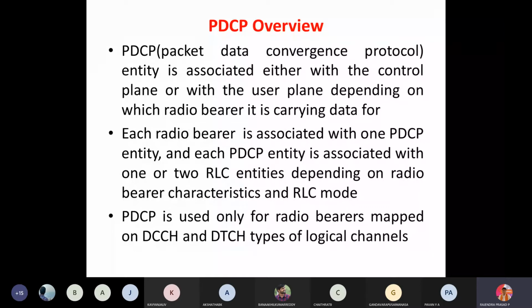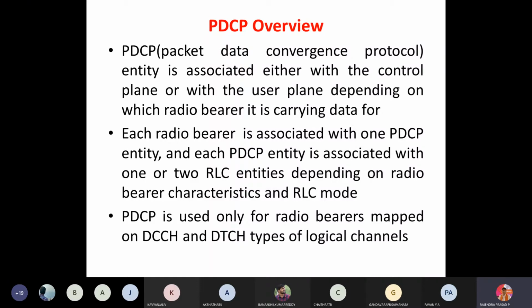The PDCP protocol gives information about your data and about your control data, the control plane, as we call it, and this should be mapped to your radio resource. Because you have one device, and this device should be mapped to your radio channel, or what we call the network provider. When these two get synchronized, only then are you able to transmit your data.